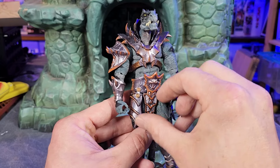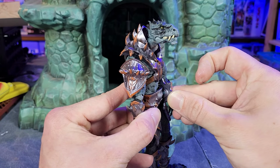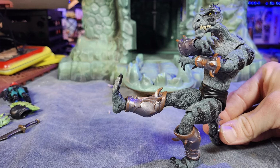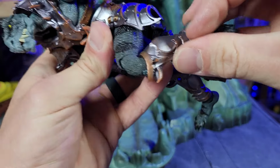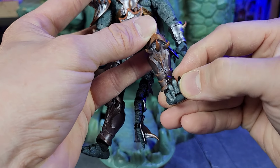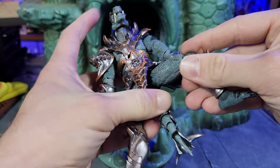This is a parts pop and swap line, so the belt piece here swivels to get out of the way of the leg movements, but also just comes right off, so you can replace it with other attachments later on. The leg's able to kick up high enough to get a good Russian folk dance going. Double jointed knee. I'm not a fan of hand or toe articulation. I think that for someone who plays with the figures, it kind of gets in the way, but if you're posing or taking photographs, I totally understand why you'd want something like this. Some good ball and socket joints there to allow the thighs to...